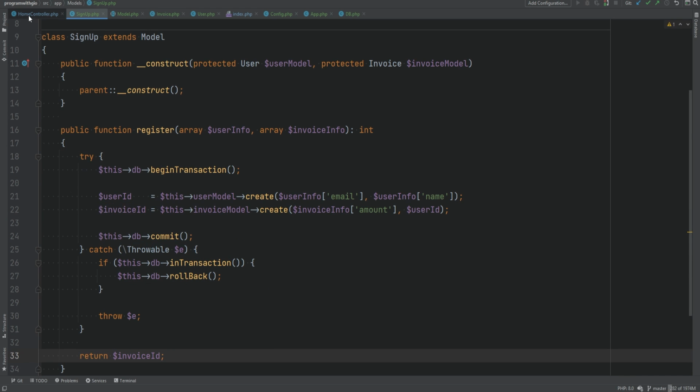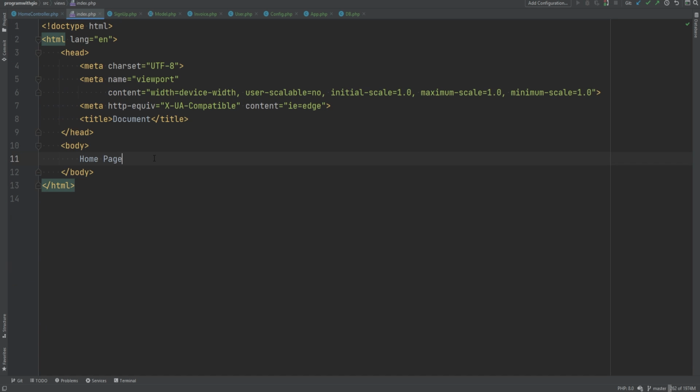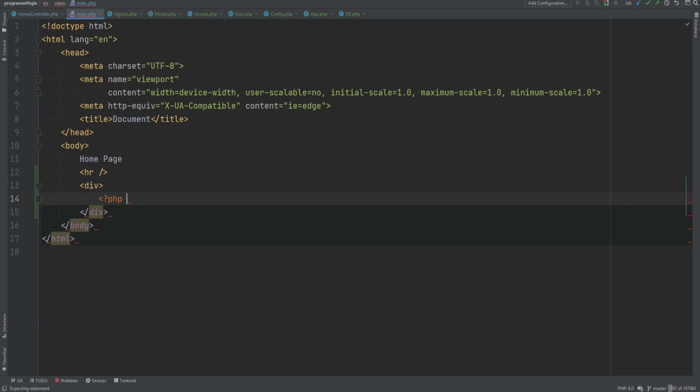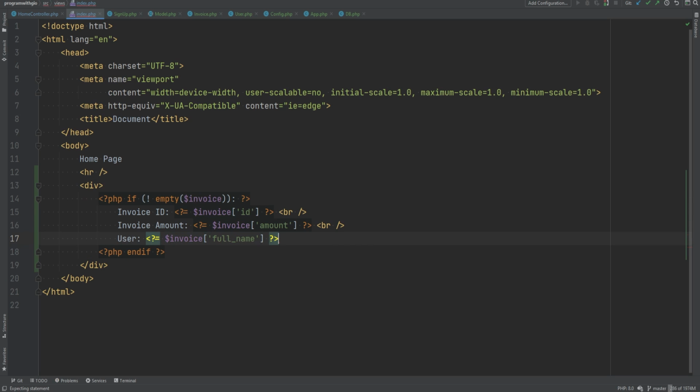And our controller now looks a lot cleaner. Now the final thing that we need to do is actually display something within our view. So let's open the index view, and within here we're going to simply add a horizontal line and say if the invoice variable is given, display the invoice ID with the break line, display the invoice amount, and display the user full name. And of course we need to escape these, otherwise you will be vulnerable to XSS attacks, and we're going to talk about XSS attacks in the third section of the series,